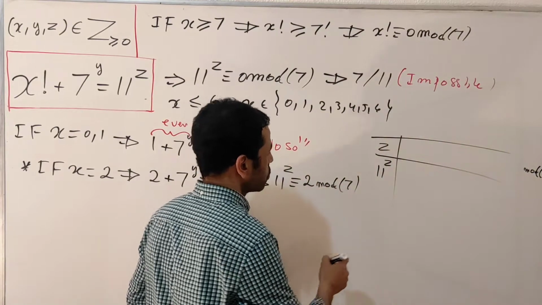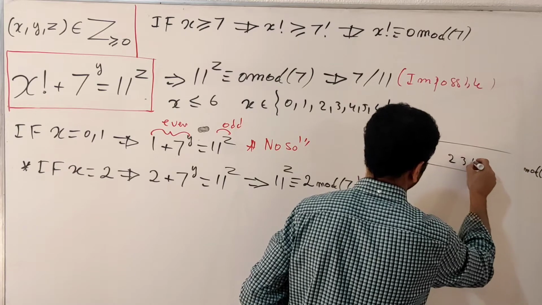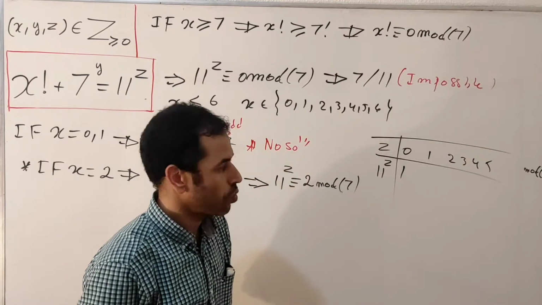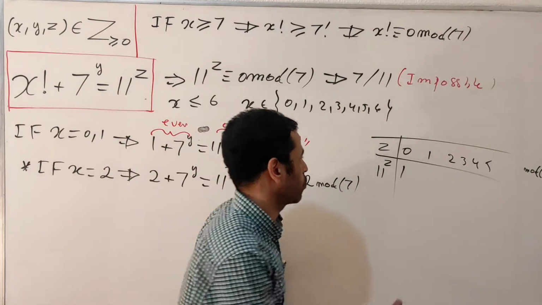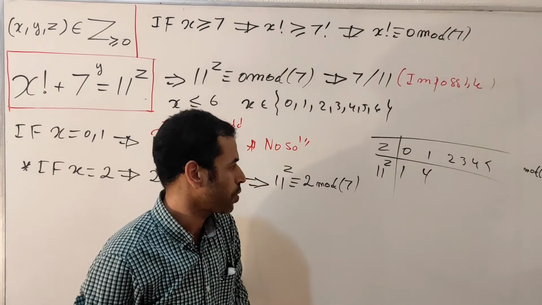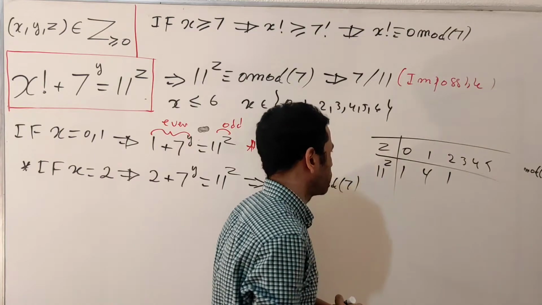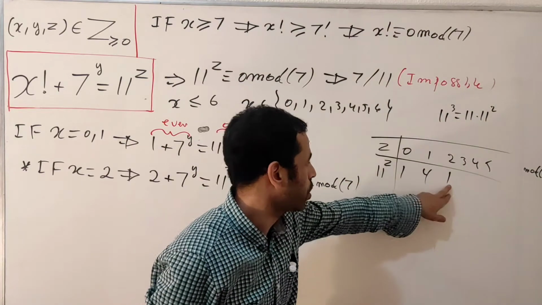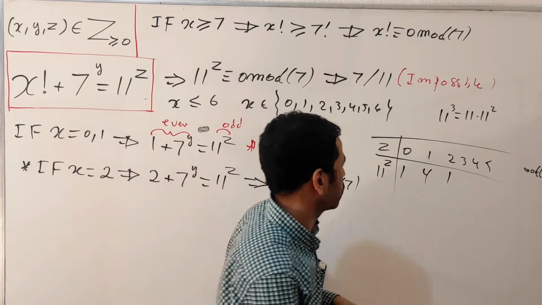We take the integers 0, 1, 2, 3, 4, 5. For the first term, 11 to the 0 is 1. 11 to the 1 is 11, which is 4 more than 7, so 4. For 2, 11 squared is 121, which is 7 multiplied by 17 with remainder 1, so the remainder is 1. 11 cubed is 11 multiplied by 11 squared; 11 squared is congruent to 1, so 1 times 11 is 11, which is congruent to 4 mod 7.